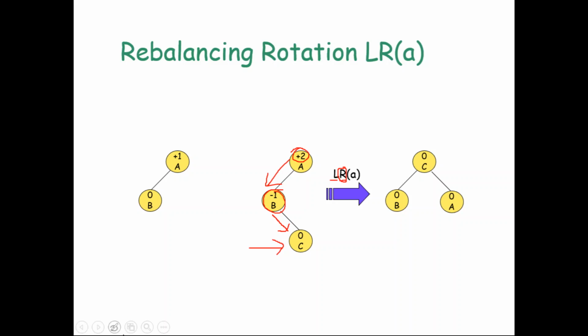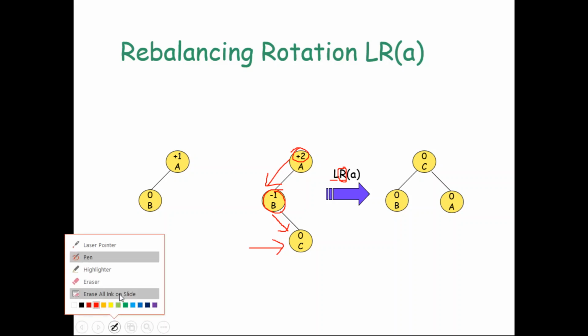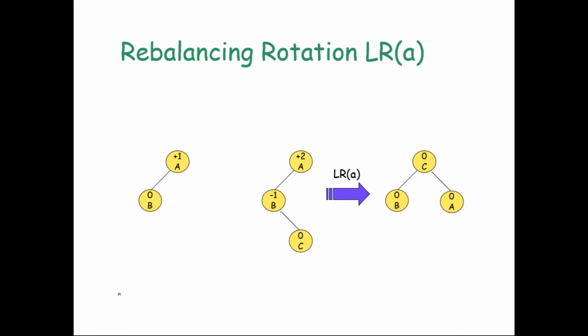Now you have to perform two rotations, a left rotation and a right rotation. So where should we perform the left rotation? You have to perform the left rotation where the direction is changing. The imbalance was created in A, so if you come down,